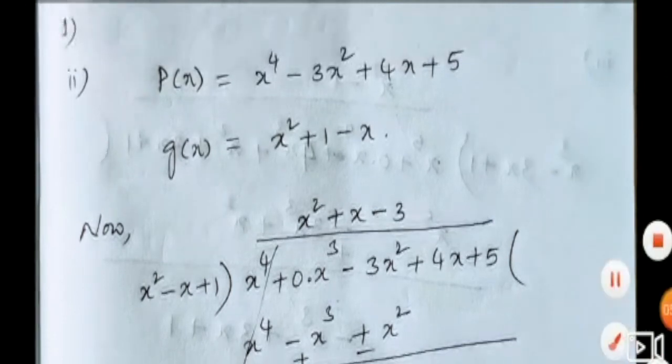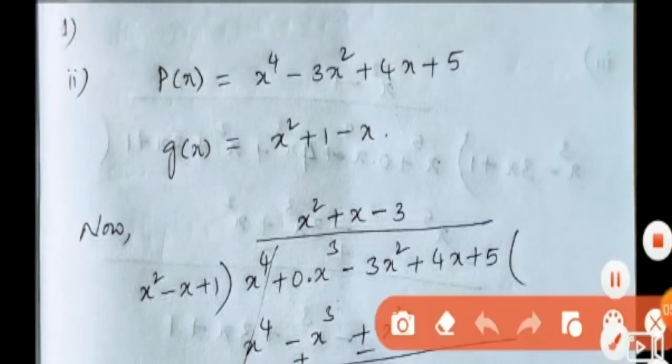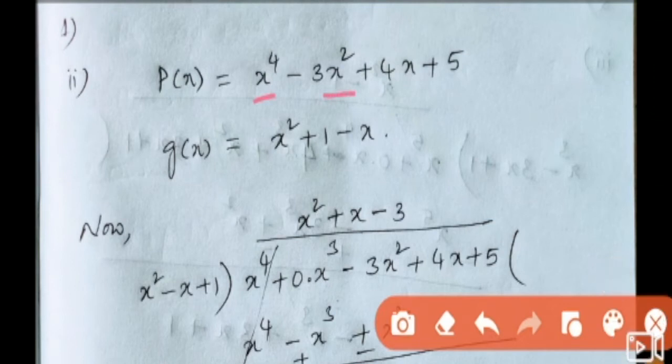if you see the problem, in the problem there are the x to the power of 4 and x square terms. There is no x cube term. So that x cube term I wrote as 0 into x cube, 0 only. As per the degree, we write x to the power of 4, x cube, x square, x term, constant. This is in order. And in the g of x also, as per the degree,